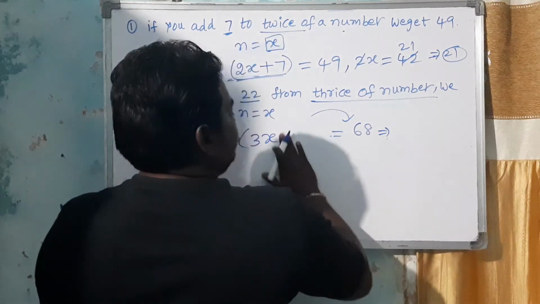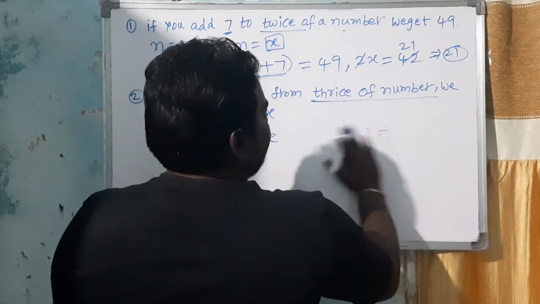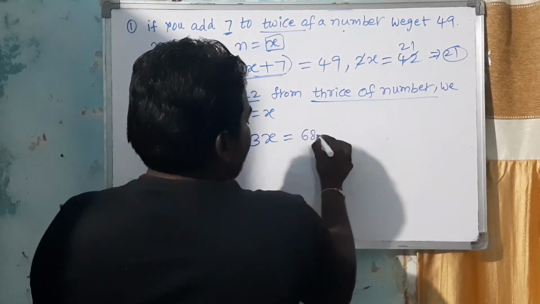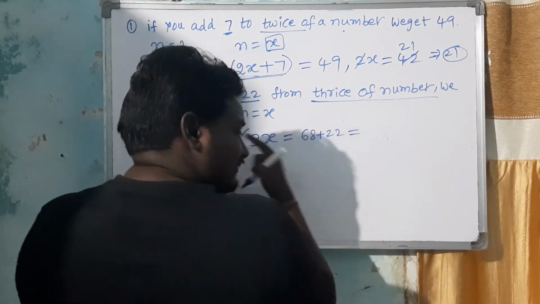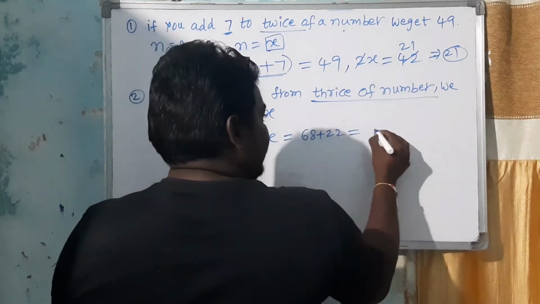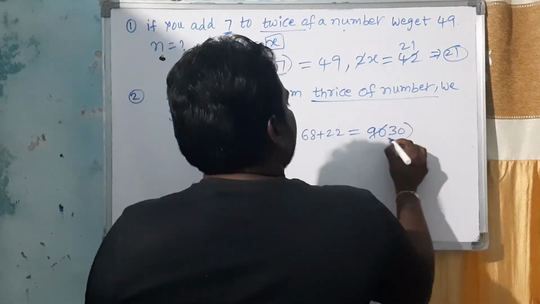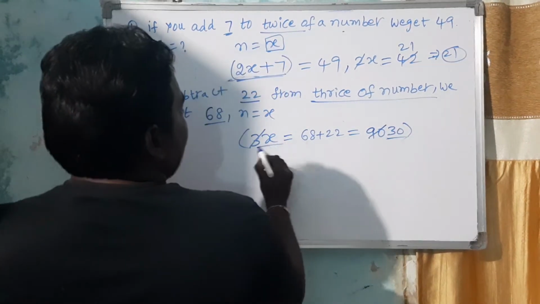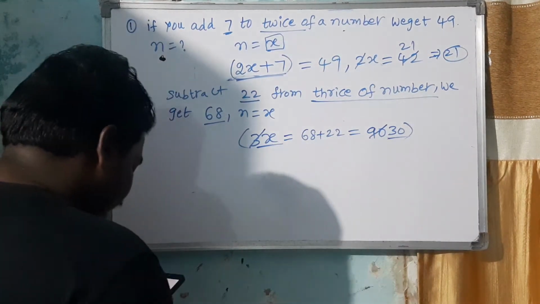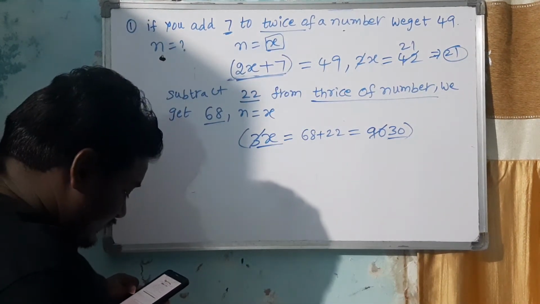So directly 3x equal to 68 plus 22, which is nothing but 90. 3x equal to 90, x equal to directly 30. If you place 30 here, it will directly satisfy. Next,